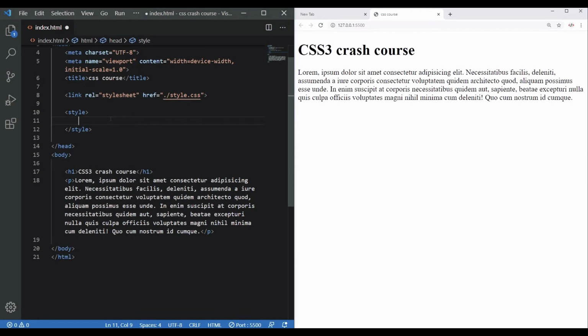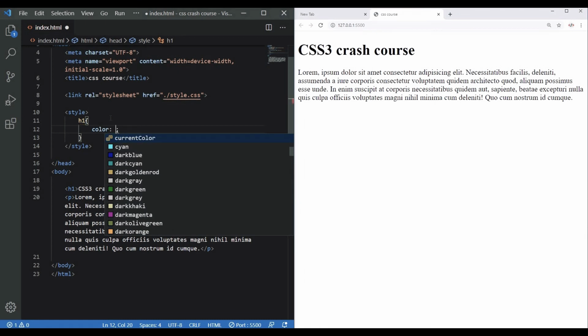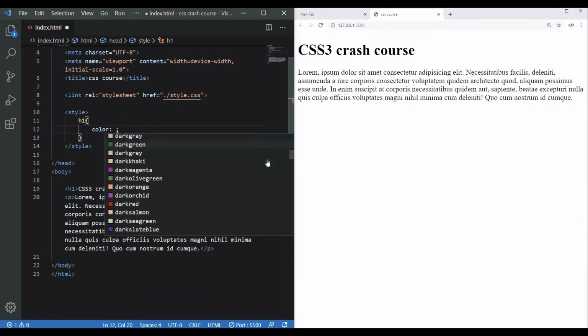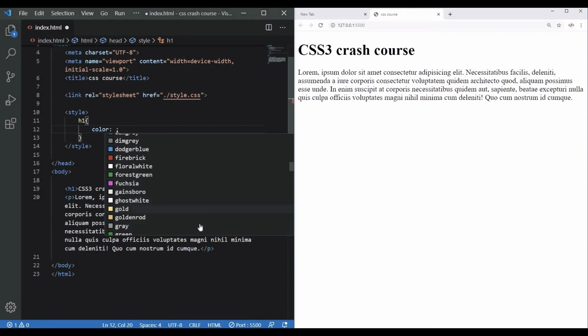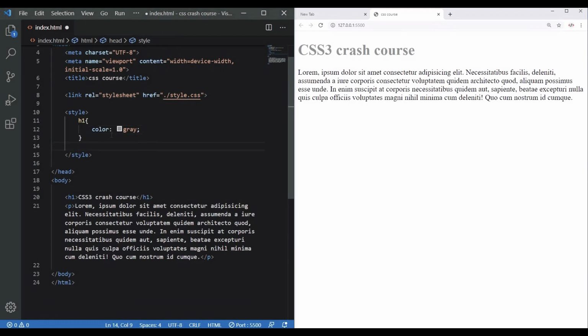So let's start with the first one, which is the color. You can just select which tags you want, h1, give it color, and as you can see, thanks to the CSS extension, I can have so many options to choose from. And these are the ones mostly used, so I suggest you use it, not trying to memorize everything. And I want the p tag to have a color of